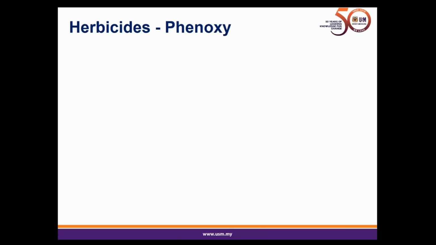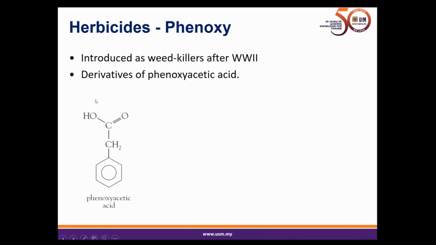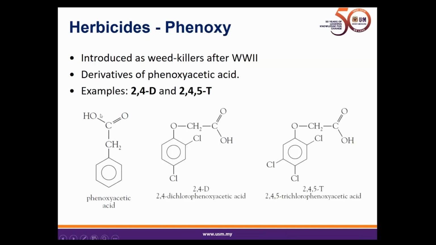Another type of herbicide is phenoxy. So it was introduced as a weed killer after World War II. The herbicide comes from a phenoxyacetic acid derivative. The famous ones are 2,4-D or 2,4-dichlorophenoxyacetic acid and 2,4,5-T or 2,4,5-trichlorophenoxyacetic acid. So in this case, what the herbicides do is that they mimic the natural growth hormones in weeds, leading